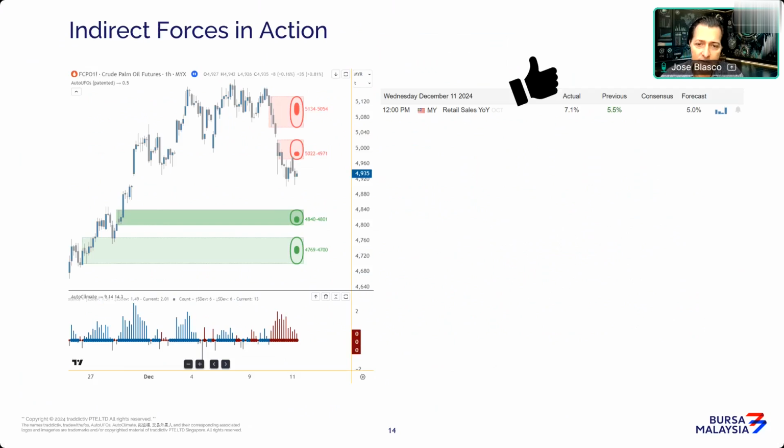So here we have another case. That was December 11. Okay, the retail sales number is reported better than expected, right? And the market went down. Okay, again, is the market crazy? Not at all. At the time of the report, FCPO was trading at 4935, where we got sell orders at 4971. So what happens? The buying from the euphoria of the retail public, combined with the fact that large market players don't sell, and that's the key. They don't sell at 49.35, they sell at 49.71.